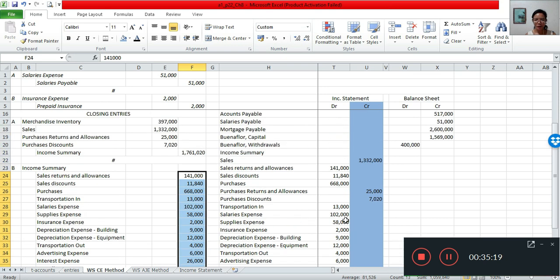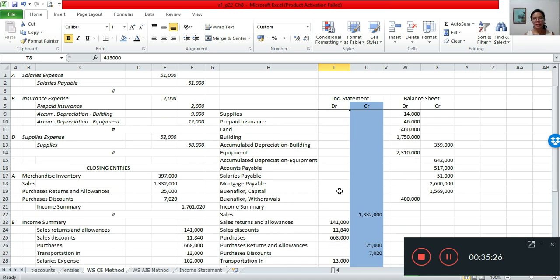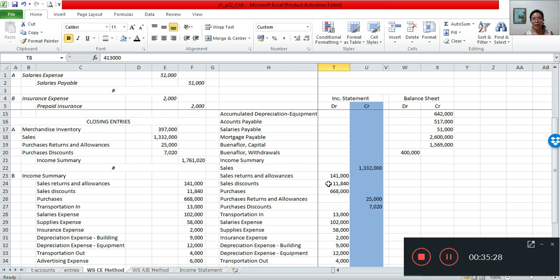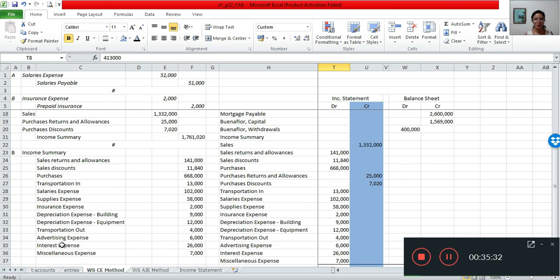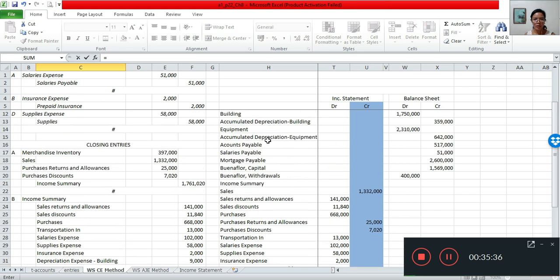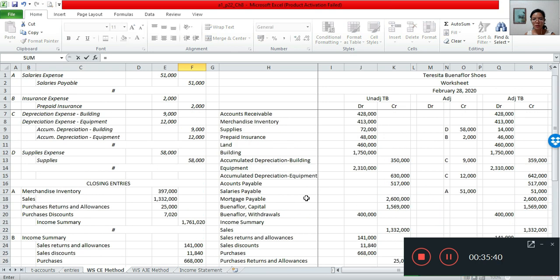Now, we shan't forget that there is also this one right here. So although traditionally under the service entities, we know that the debit side would represent the expenses, let us not forget that there is a merchandise inventory account right there. So we're also going to credit merchandise inventory. And the amount is, of course,